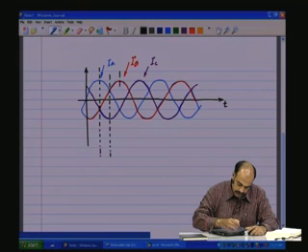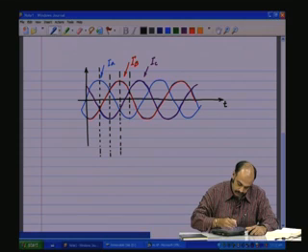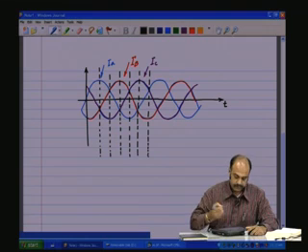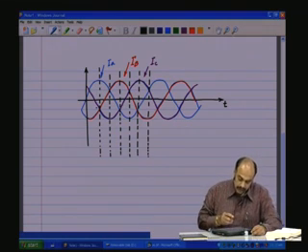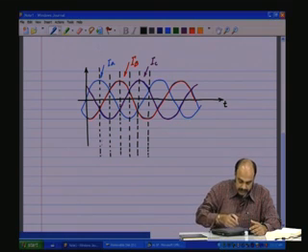Now let us take these, and this is also another point of interest, and so on. Okay, every 60 degrees. Now let us say when I take a section at that point,